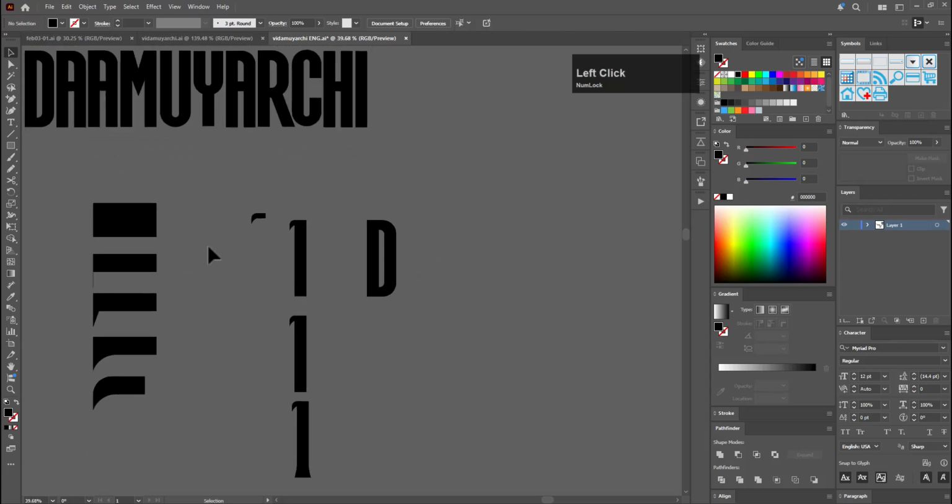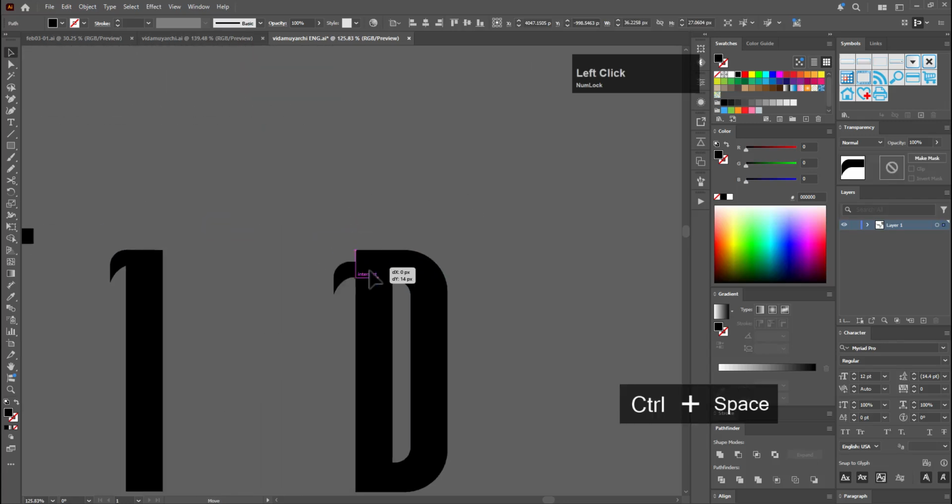Hold Alt and bring it here, and then hold Alt and bring this,